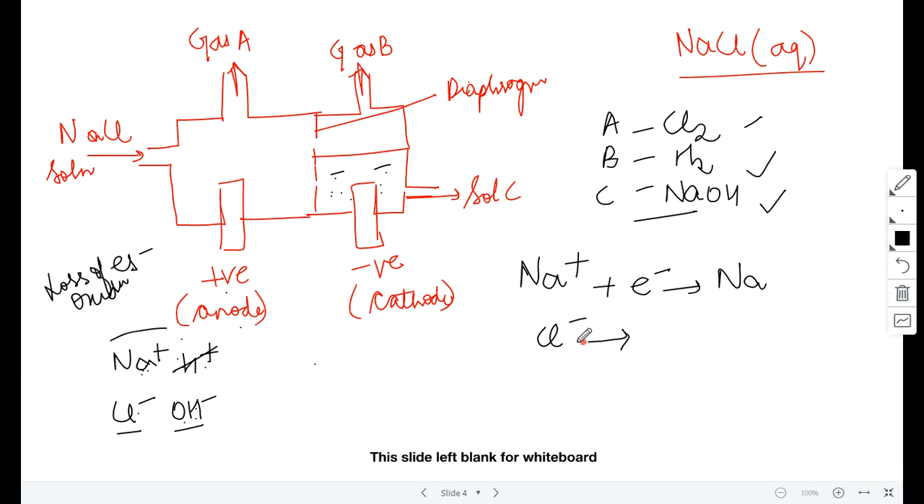Goes to... how come here will be electron? So that means this is reduction. So what is electrolysis? At one side reduction is taking place, the other is oxidation taking place, right? Yes. So now if you see,